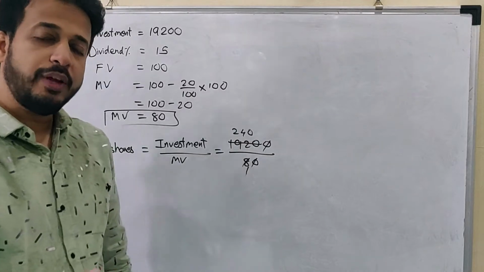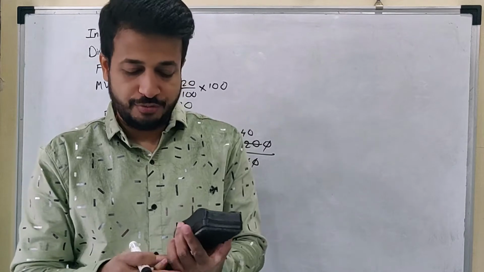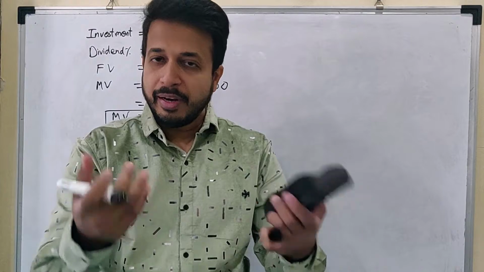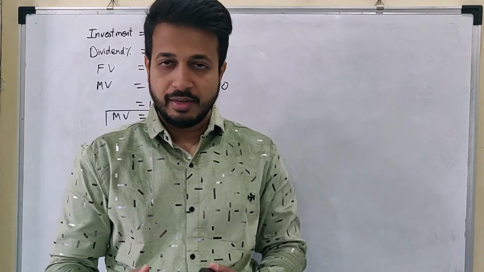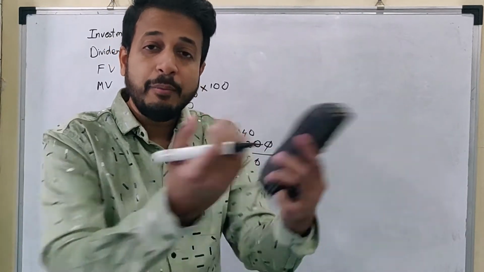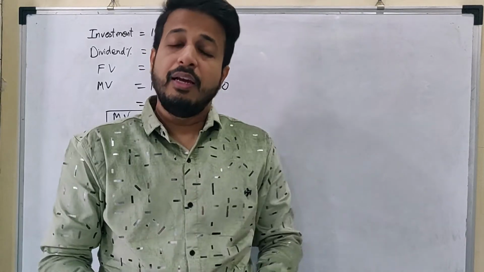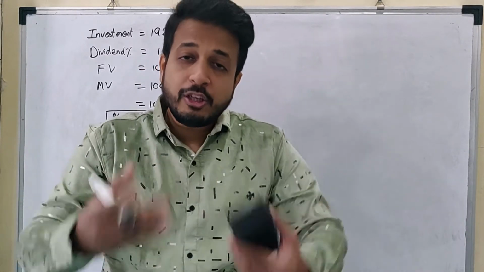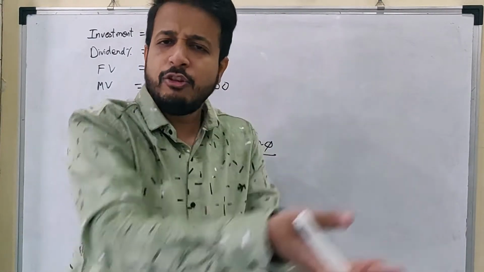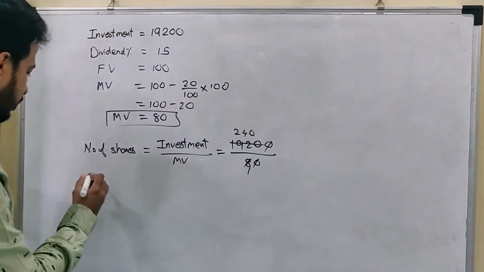But after a year, what is she doing? She is selling these 240 shares at 90 rupees each. Students, when you sell something, you get money back, right? So here sale proceeds means when you sell something, the money you get. That money is called the sale proceeds, because you have sold it and got the money. And this money you will invest into the second part, the second shares. You're going to buy something else by using this money. So how are you going to find the sale proceeds?